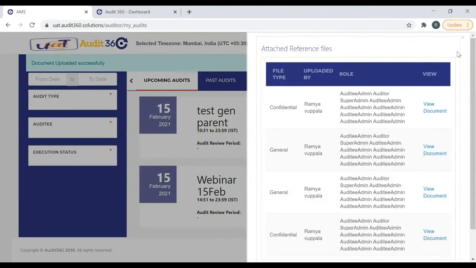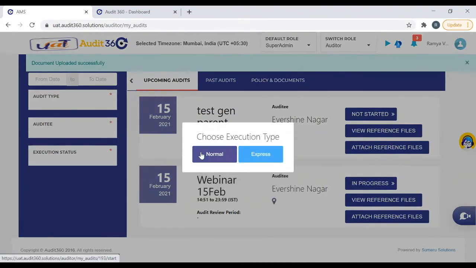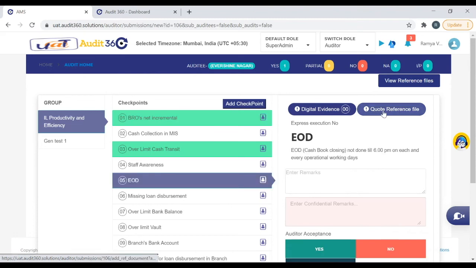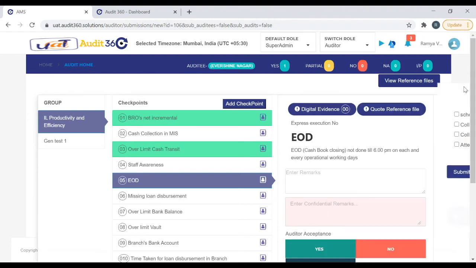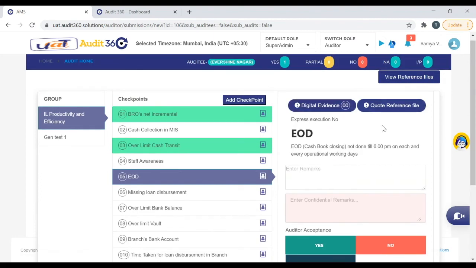If you see, all the files have been attached, and when I go inside while executing the audit, under the quote, I can have all the files shown here. So this is on the auditor side. Until you submit, you can either view, attach or quote the reference based on the observation here.